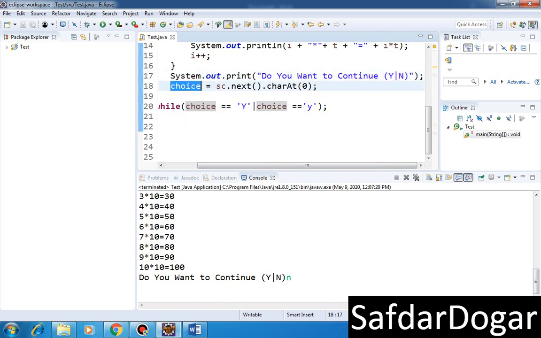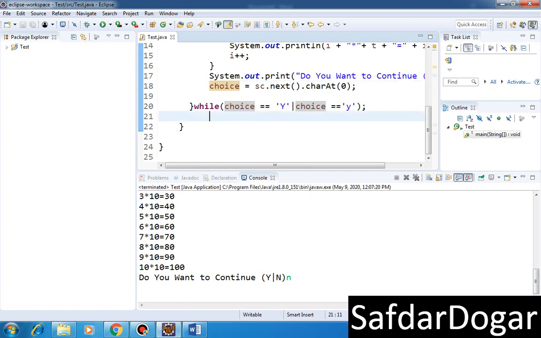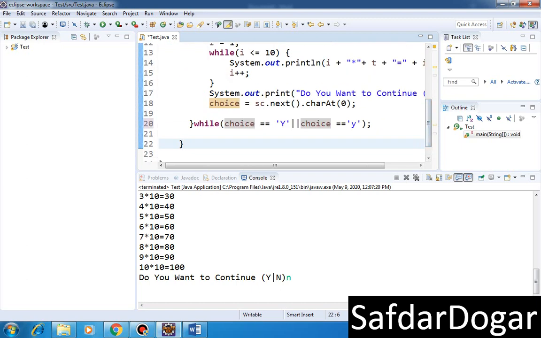If I press y, it comes in and is put in the choice variable. If choice is equal to capital Y or small y, if I press here small y, this condition is true, I use here the OR operator, and the condition is true.